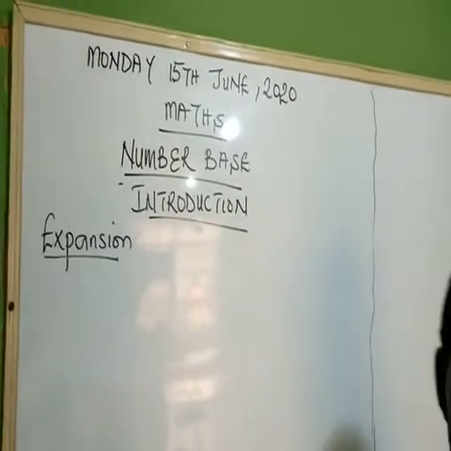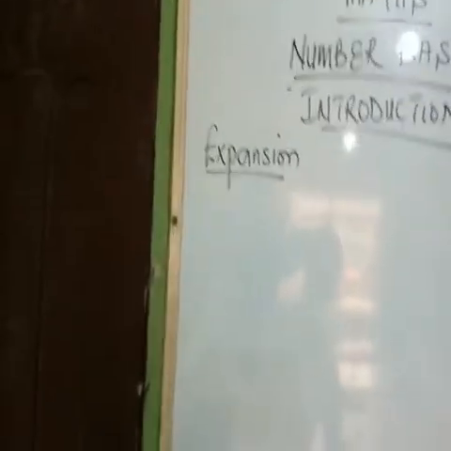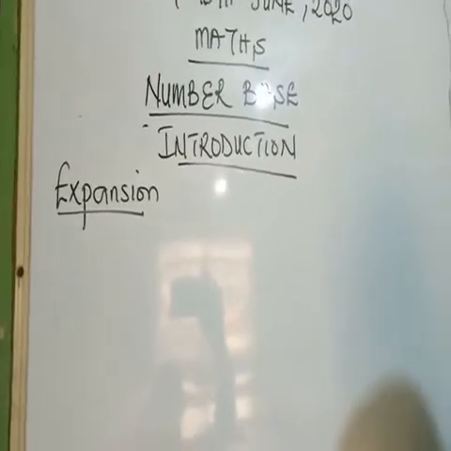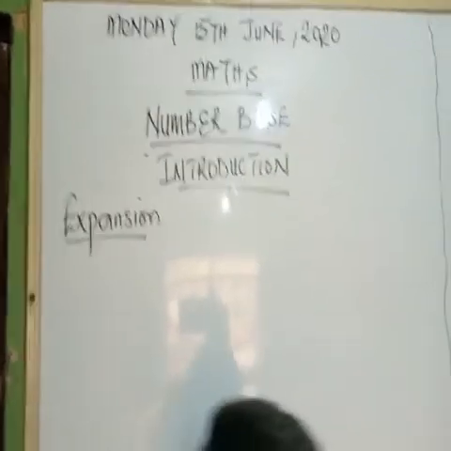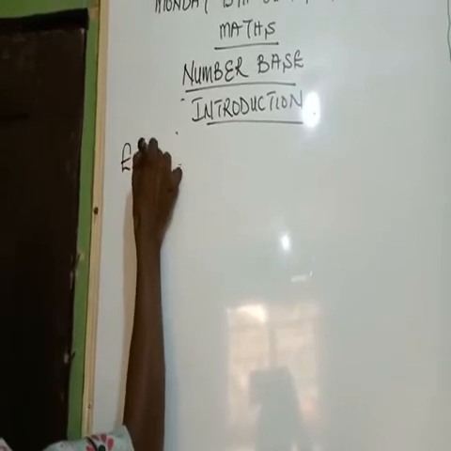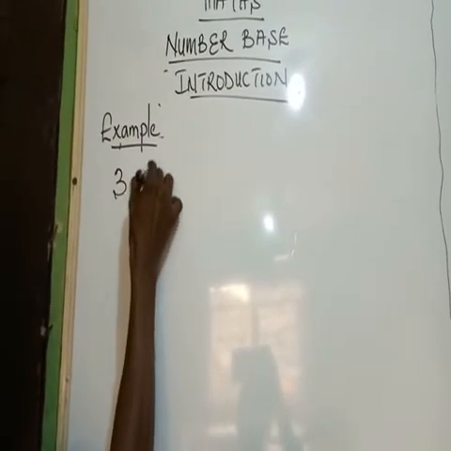Now when we talk about number base, most times when we do our addition and subtraction, it's always on base 10. Now what do I mean? For example, if you are told to add this,